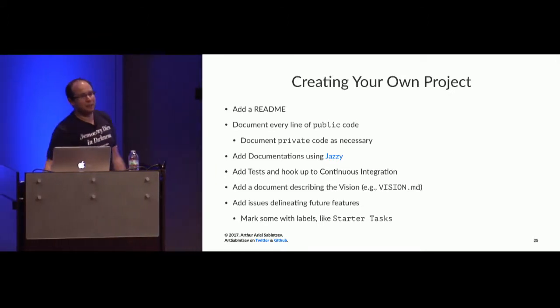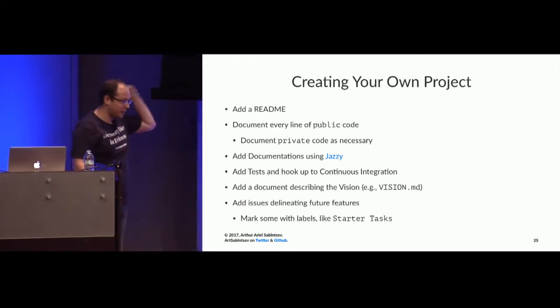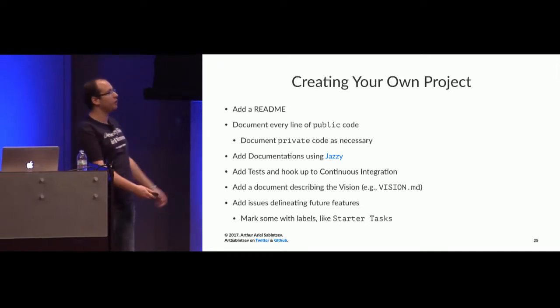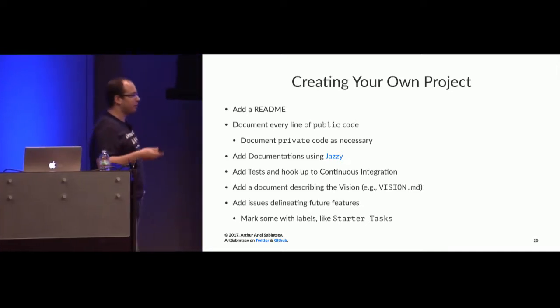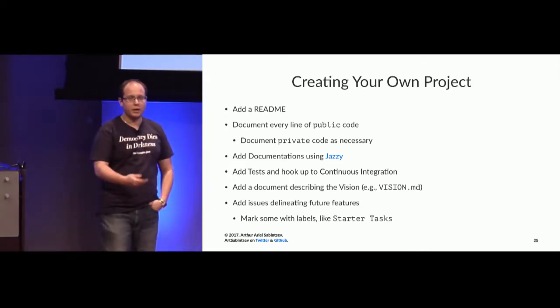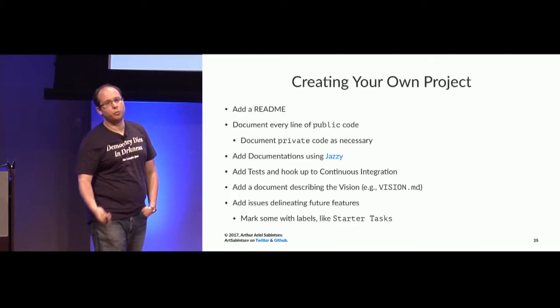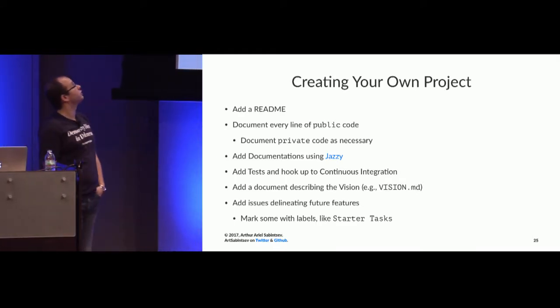So first, you need to add a README, and you need to document everything that you want to do. Just document everything. Add a table of contents. Make use of Markdown. Make use of all the different header styles. Now, document every public line of code. If your code returns, write what it returns and why. If your code takes in 6 parameters, write what they are and why. If your code has a discardable result, make sure that it's announced in there.